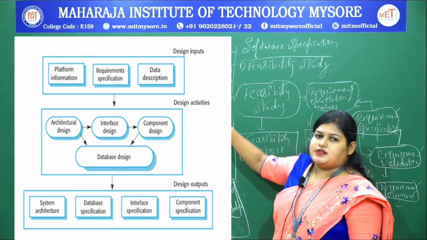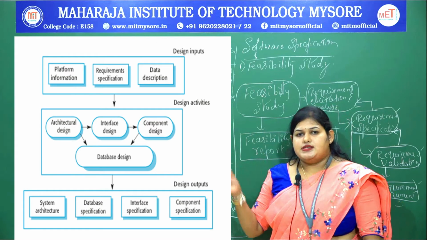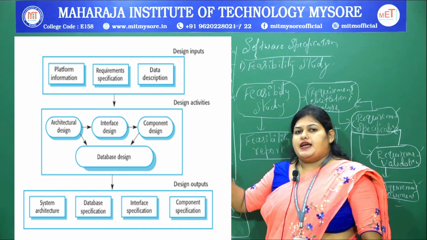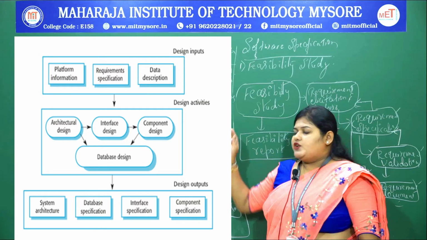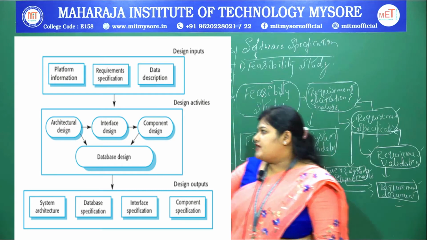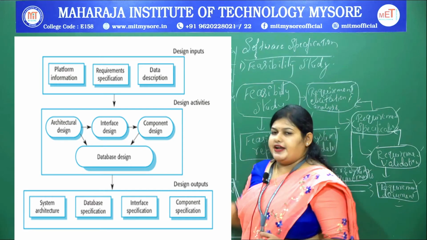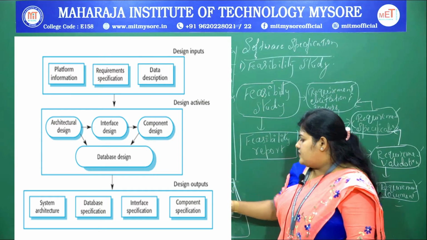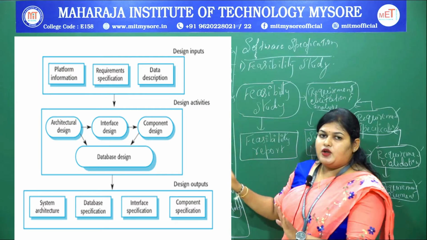In the upcoming chapters you will learn how to apply the required models. For example, I said the objects in the class and activity diagrams, you are going to collect and analyze them, and finally link towards all this what we are telling now, that is how to write the architectural design with the different patterns and how to deal with the interface designs and the database design. Likewise, the database specification, interface specification and component specification will be given. This is just an overview.